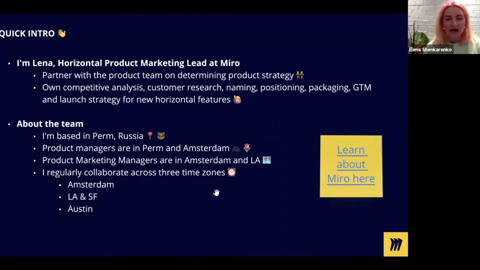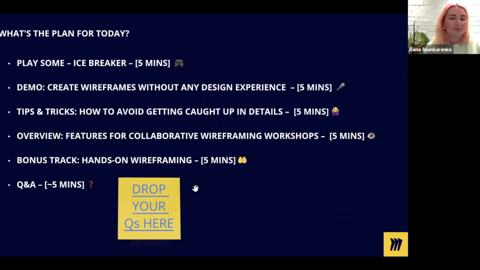We'll also have a separate frame on the board. I'm going to share a link to the board in a moment, so you will be able to add questions to sticky notes. So the plan for today is that we're going to do a quick icebreaker to get everyone